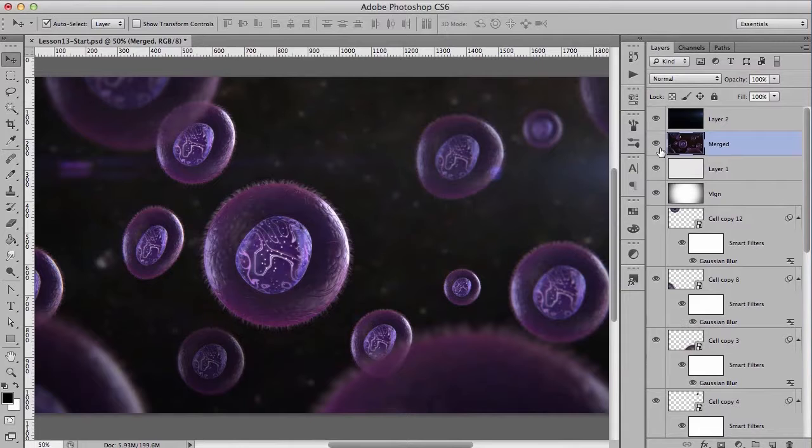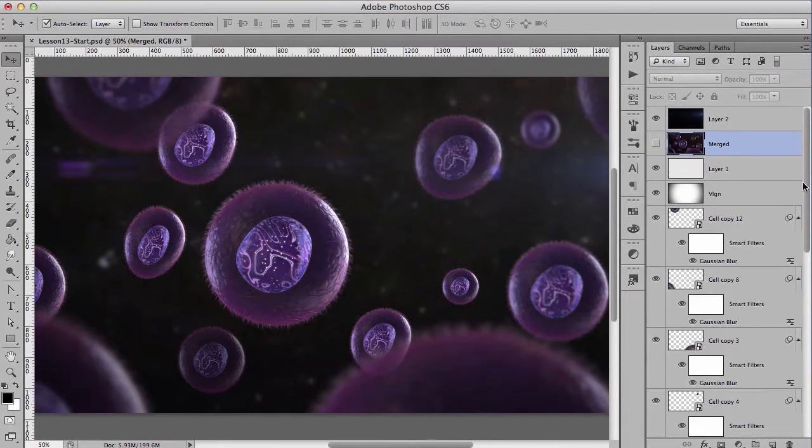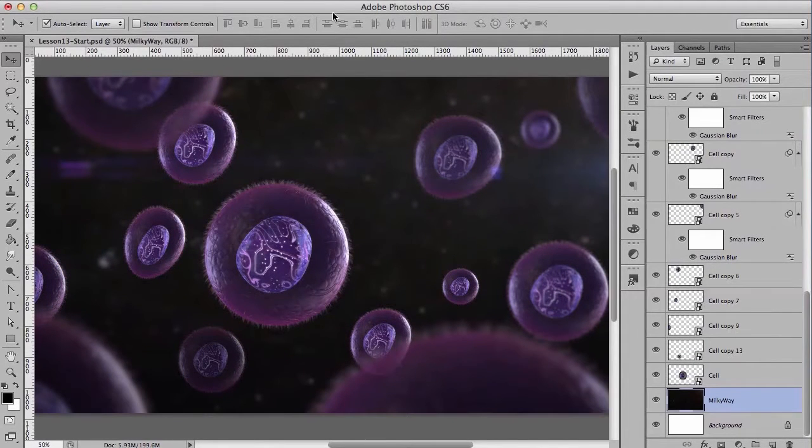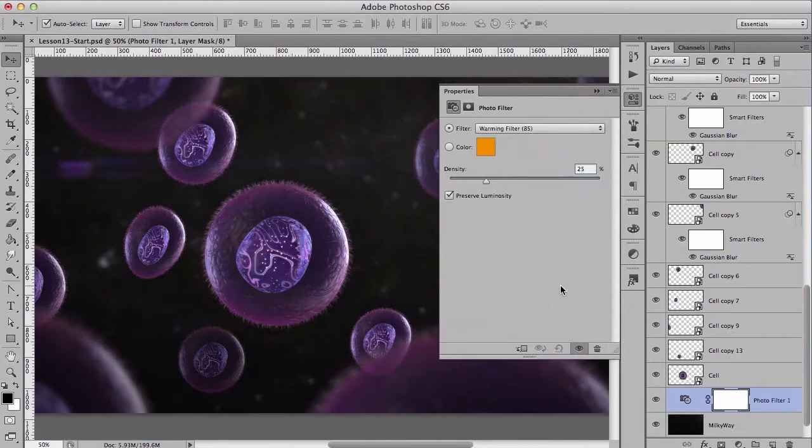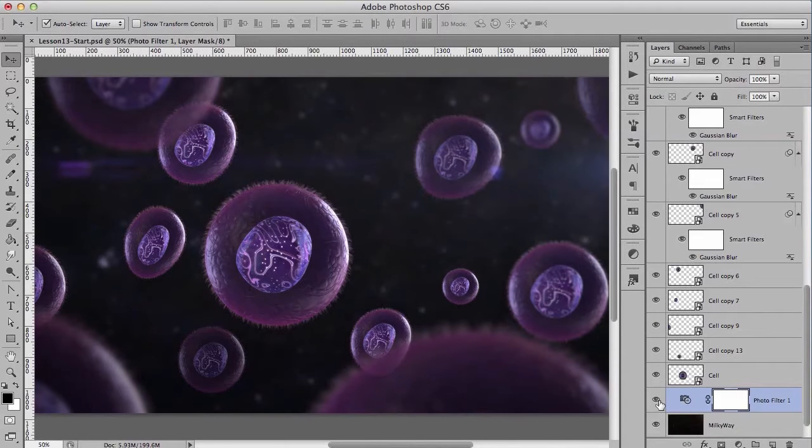But to add that, I'm going to just hide this a bit. Just go to the Milky Way, and under Adjustments, select Color Filter. This would be around here, Photo Filter, and I'm going to select a Cooling Filter. As you can see immediately, if you hide this, you can see this adds a cool look to the final image. Now, alright, I'm going to save this,